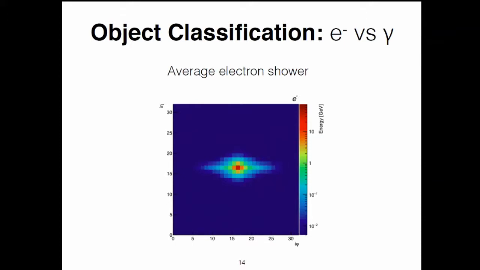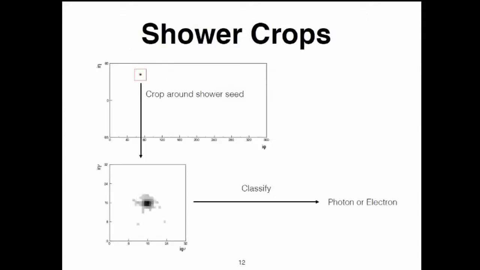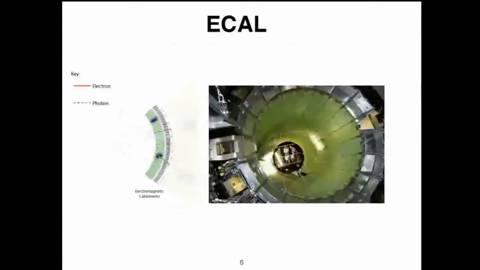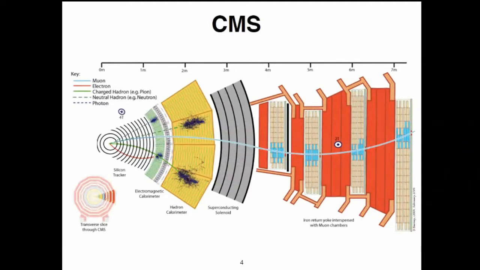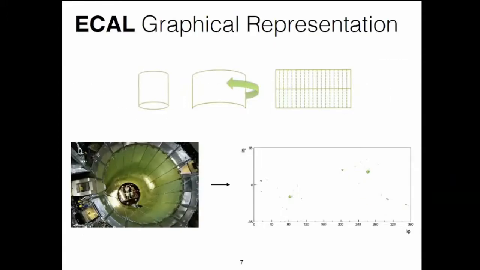Okay, so in fact, the electron shower is actually asymmetric. This is because the electron also bends in the tracker and enters at an angle. If you go back to the illustration of the CMS detector, you'll see that this is implemented in the illustration. This is the photon, which is shooting straight, and this is the electron, which is bending a bit at an angle. So it's a very subtle effect, and I would say that this is exaggerated.